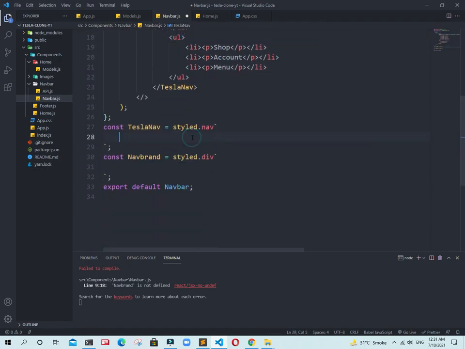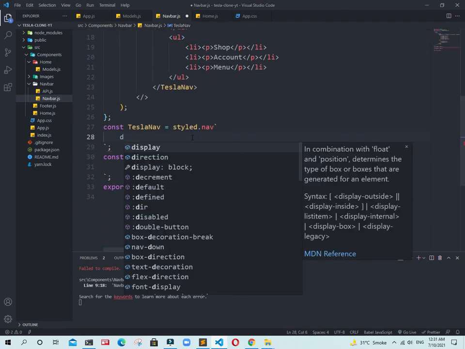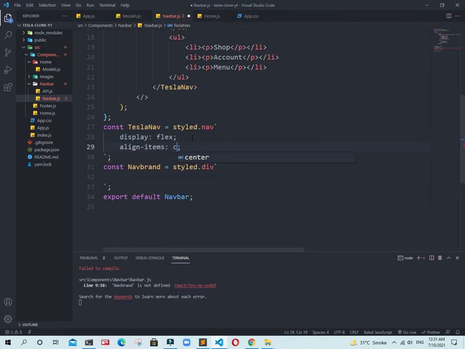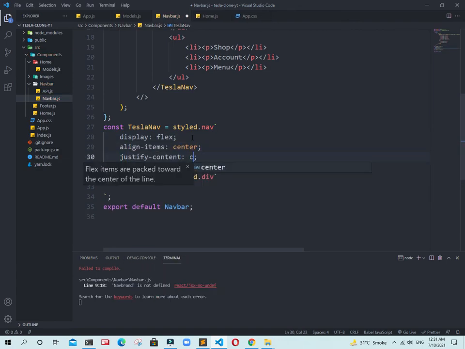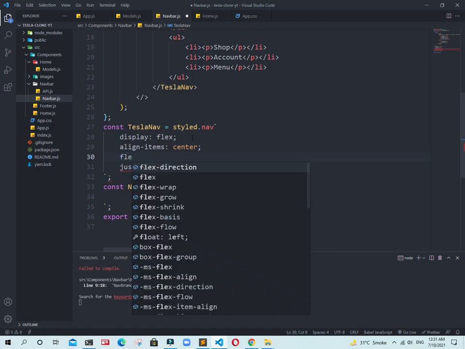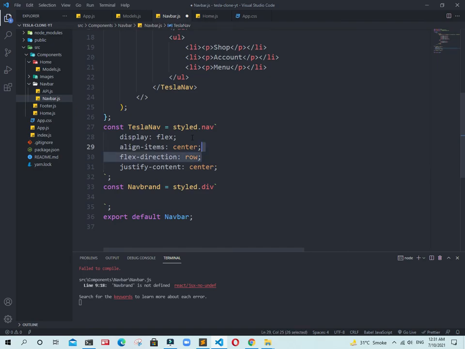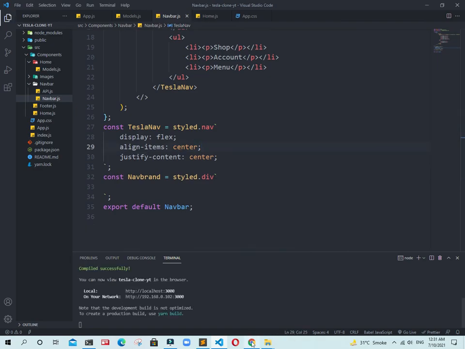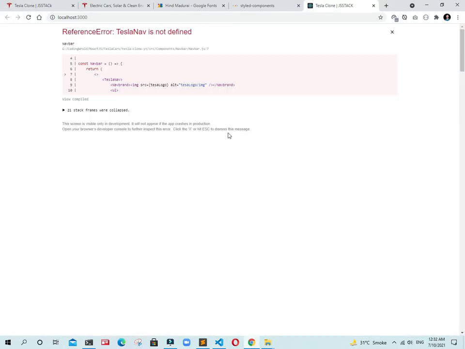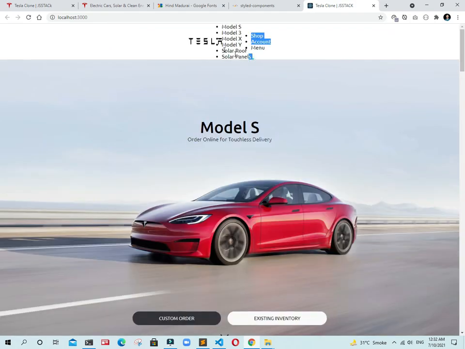Now I am going to say that display will be flex, align-items will be center, justify-content will be center, and flex-direction will be row. Guys, I show you how flex direction works. If I go back there and refresh, it is rendering as it is, everything rendering very cool.